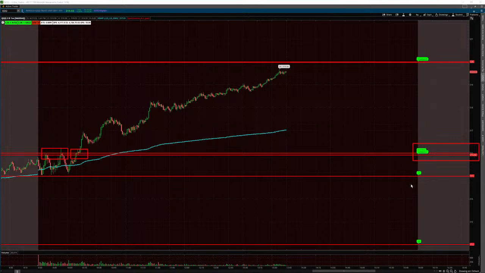This is the 315 key gamma strike for QQQ, and that did act as support this morning. And now price is heading up towards the 320 call wall for QQQ. So nice move higher in the NASDAQ. And the put wall is at 310. It's not shown on this chart, but again, the put wall is at 310.